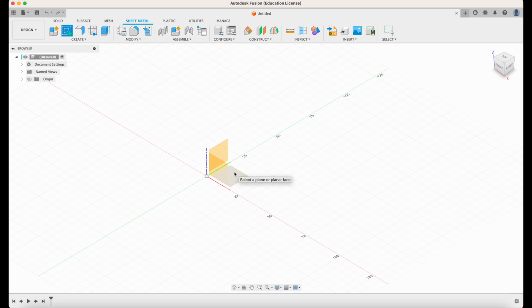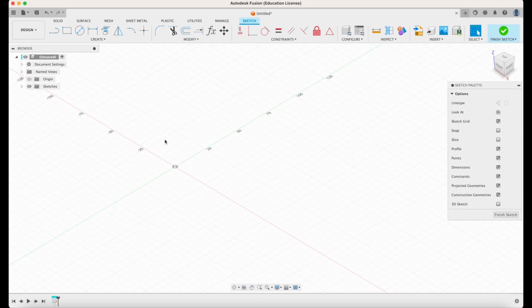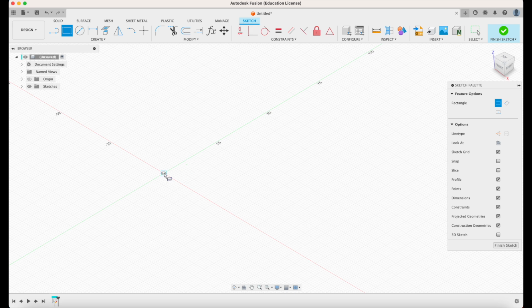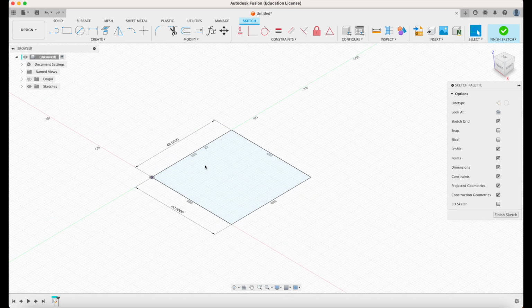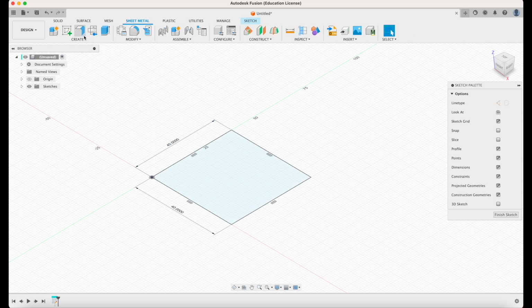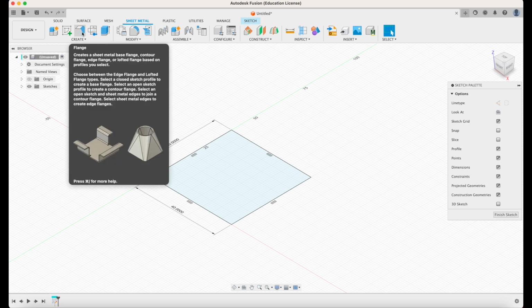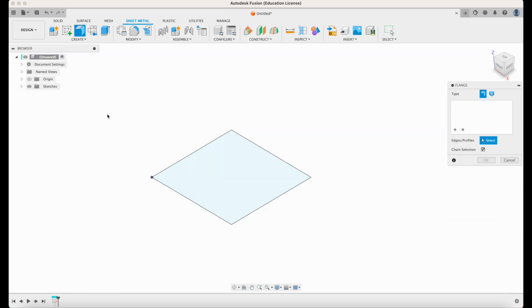I'm going to draw on the top one, and I'm going to show you the first method first. I'm going to create a rectangle, and I'm going to give it dimensions, 40 by 40. Click OK. Now, usually what we do in solid modeling is we create an extrusion or some kind of other solid, and in surface we create a patch or something else. But in sheet metal, we start with what's called a flange. Okay, so what we do is we click flange,